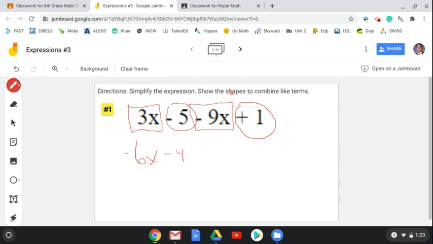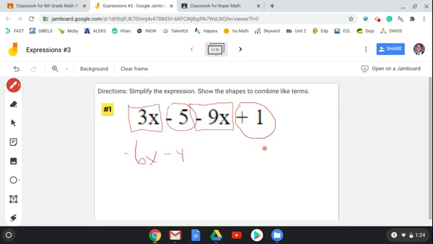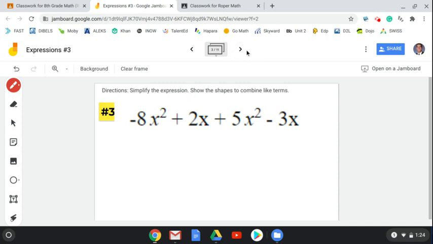So that's it. So to go to the next problem, I'll go up here to the next frame and just click next. Okay, all of your work for this frame is already saved. It's automatically saved. So there is no save button. Everything you do is automatically saved. Okay. So I go to number 2, do the same thing. Number 3, same thing. Number 4,